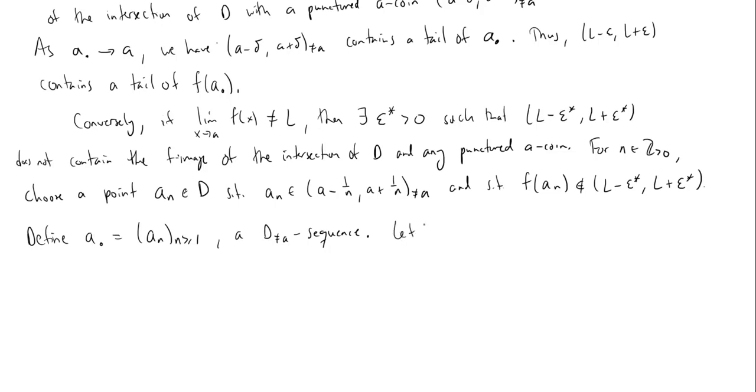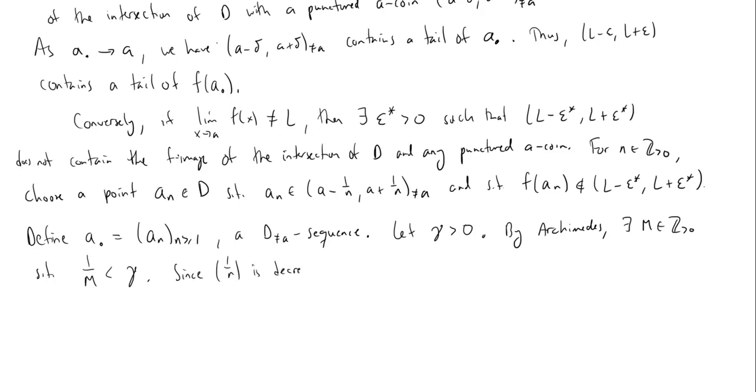So for example, I've already used epsilon all over the place, so let me use the Greek letter gamma. This will be my radius for my a coin. Then by the Archimedean principle, we know that there exists some positive integer M such that 1 over M is less than gamma. But I also know that 1 over n is a decreasing sequence. So since 1 over n is decreasing, if little n is at least big M,